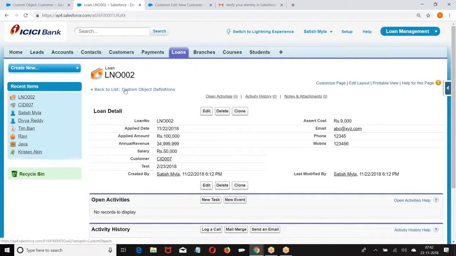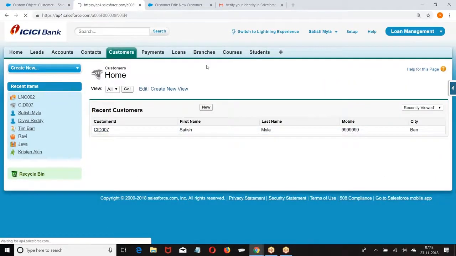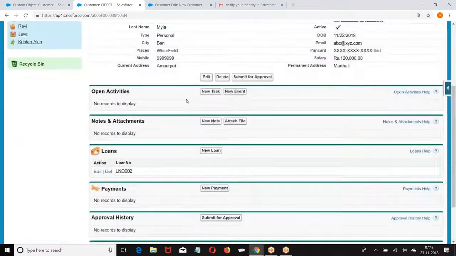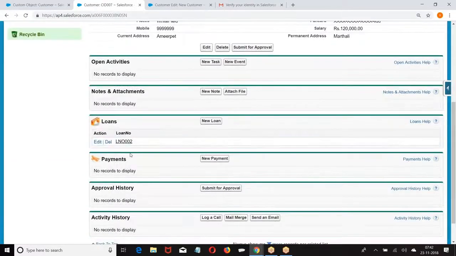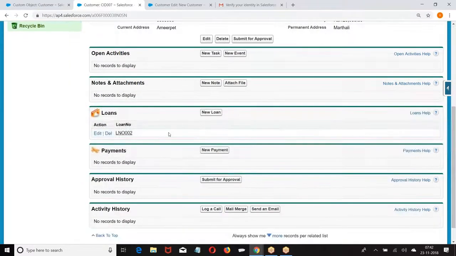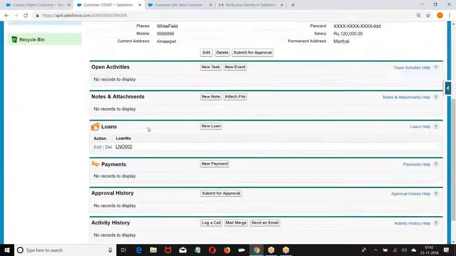Now go back to the customer. When I open the customer, what we are able to see here? Now for this customer, this is the loan record. What are the fields of the child that should be visible on the detail page? What is the page called? Detail page. When the record is saved, it's called detail page. On the detail page of the record, what all the corresponding fields are visible?